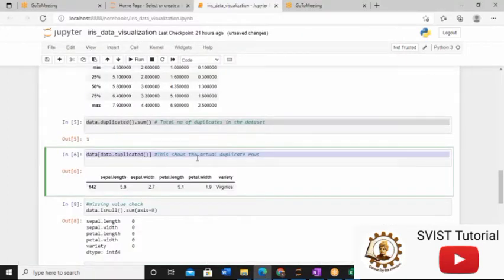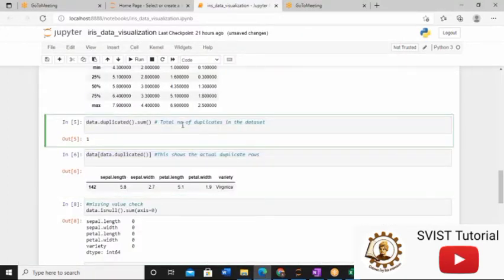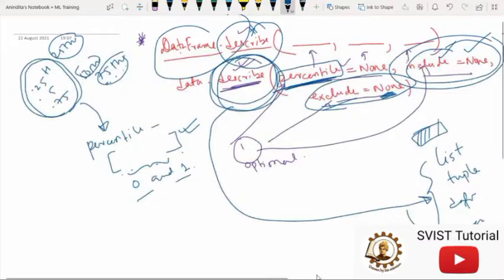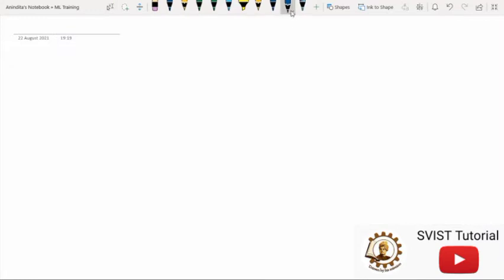Now this is the greatest mistake. Whenever you have identified a duplicate value in your dataset, fine, but don't go and delete it. Do not do this step. But why? Duplicate values are not good, so we should delete them. So why are we not deleting it? Because now this is the biggest concept you have to understand.